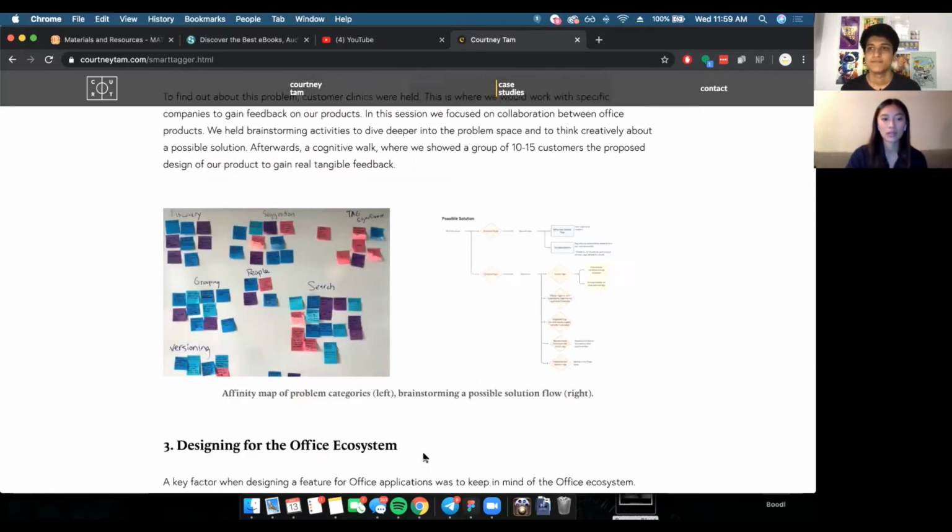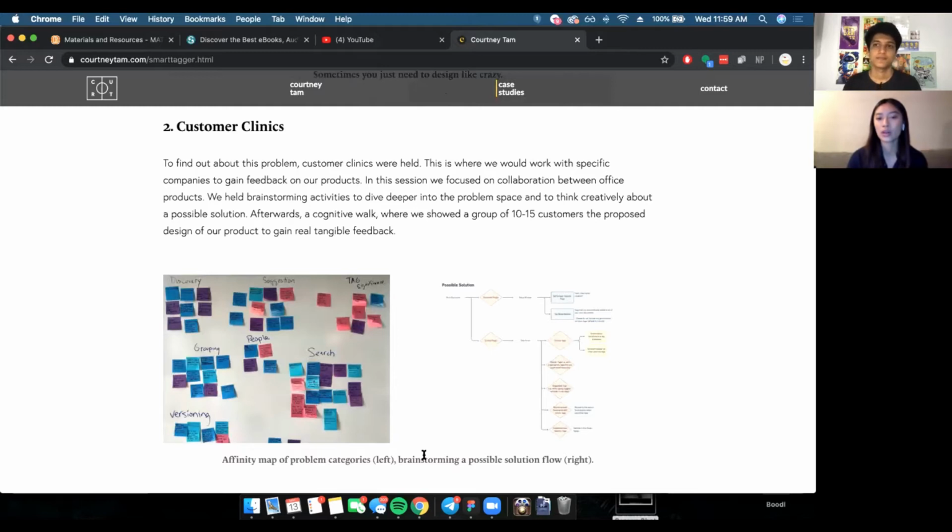For this, I had the opportunity to work with a few different companies. We worked with Forrester Research, which is based in Boston, and also L.L.Bean, which is based in Maine. Getting to do this was very interesting and definitely an eye-opening experience. With these customers, we held user walkthroughs, user surveys and interviews,